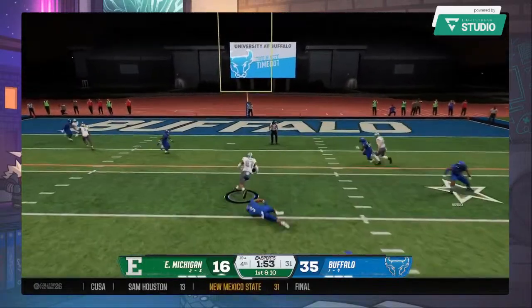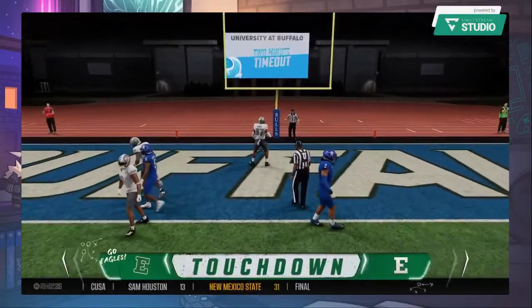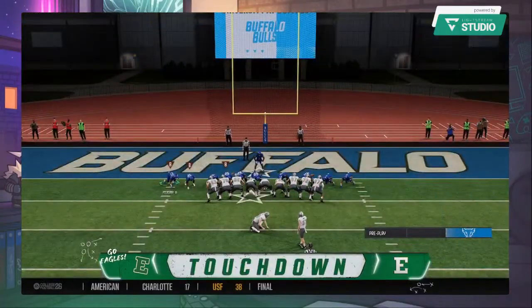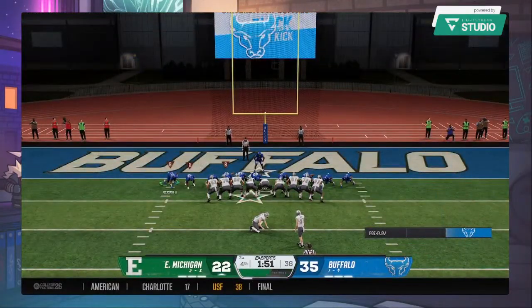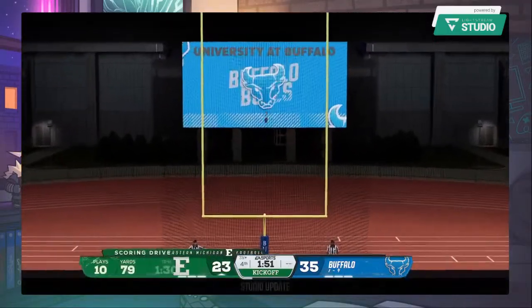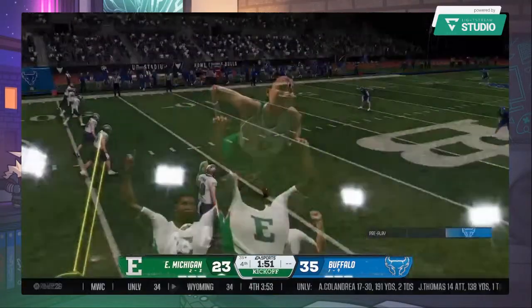From the red zone, looking for a space. Lowers that shoulder. Touchdown, Eagles! Hauled that baby in and then strolled into the end zone for the score. The one thing you know about this offense, they're going to keep fighting, right? They're down on the scoreboard right now, but they're trying everything they can. Nice job there, finding a way to score that touchdown.